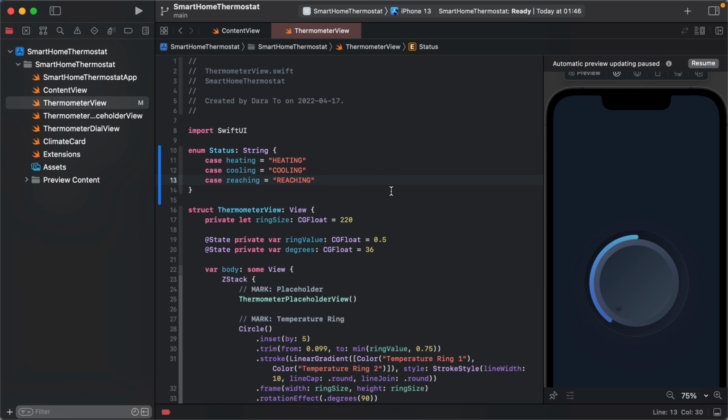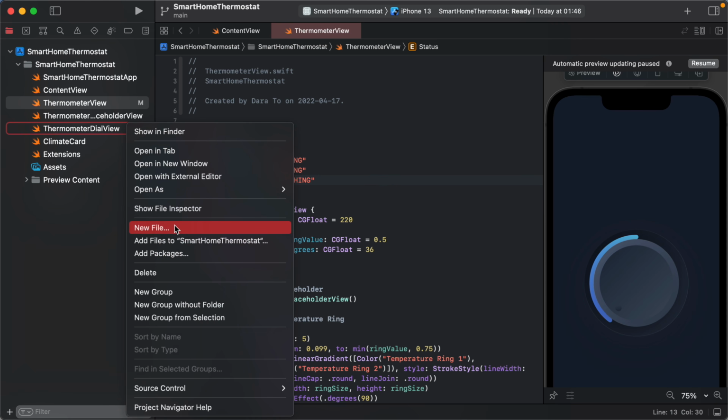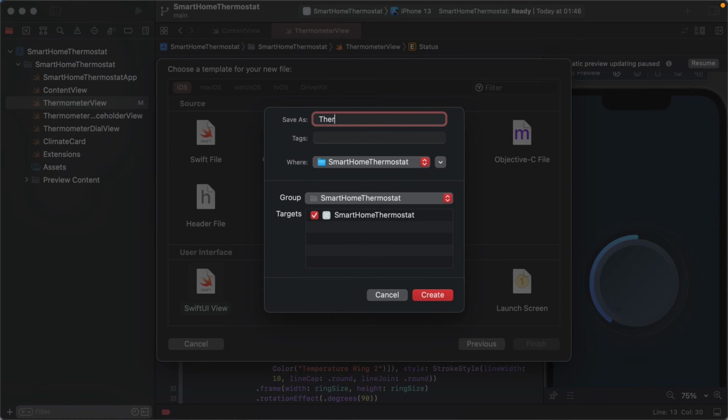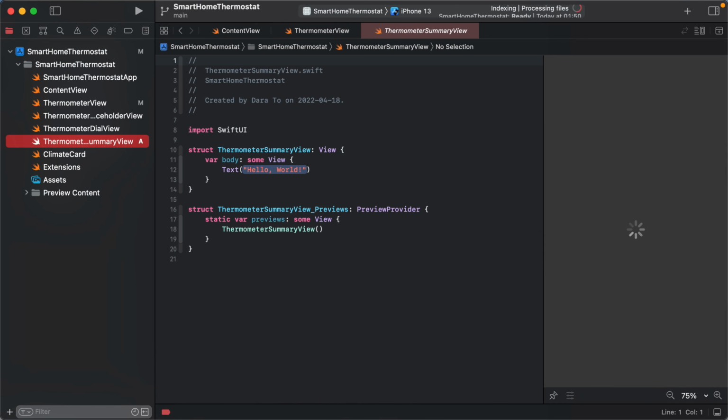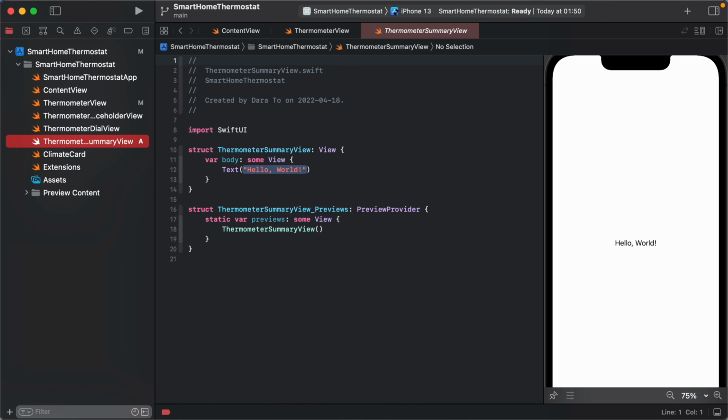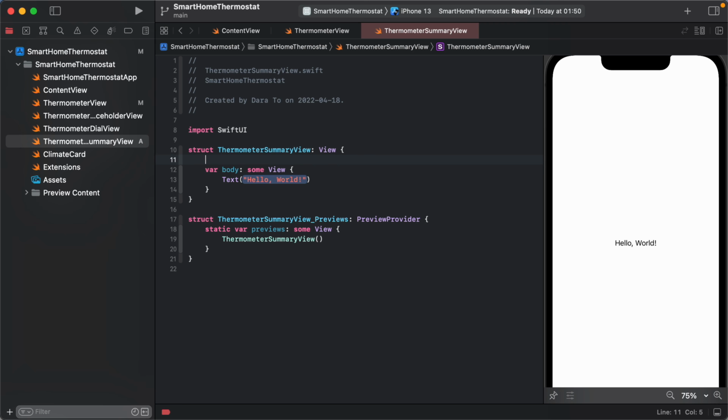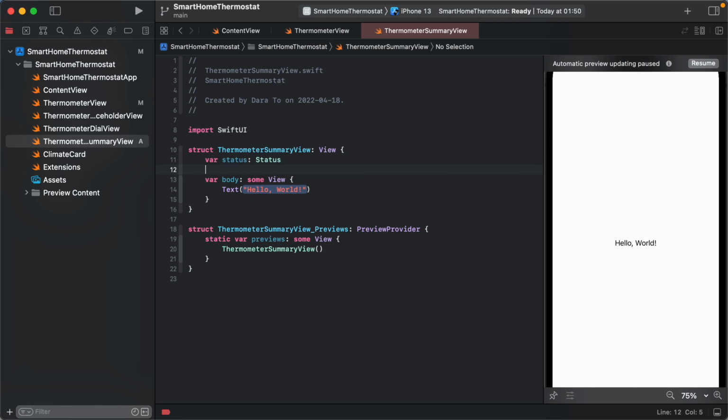We'll bind the status, current temperature, and eco leaf together as the summary. Therefore, create another SwiftUI file for it. Thermometer summary view. There will be 3 props, namely status of type status,